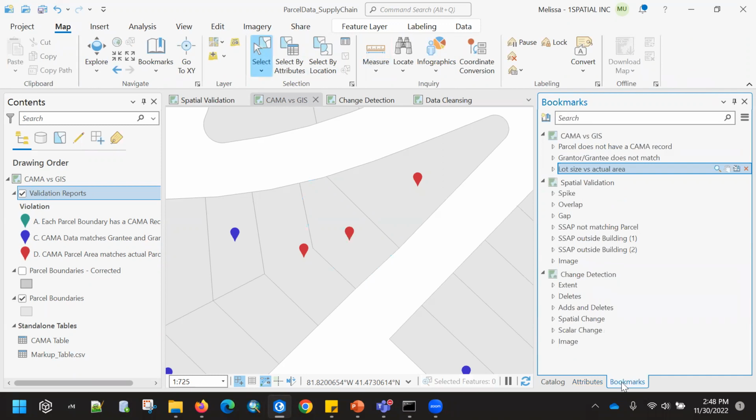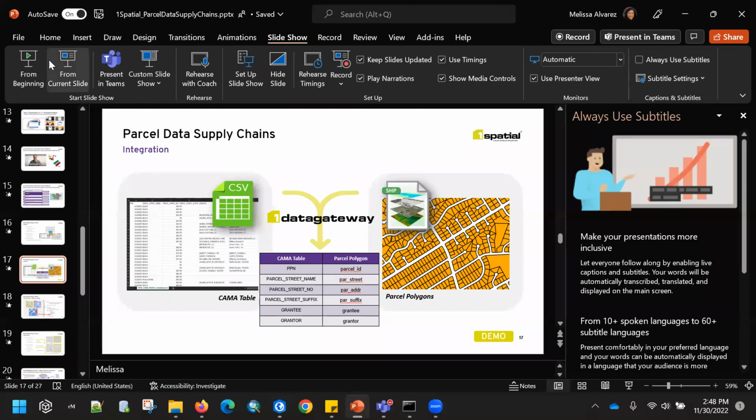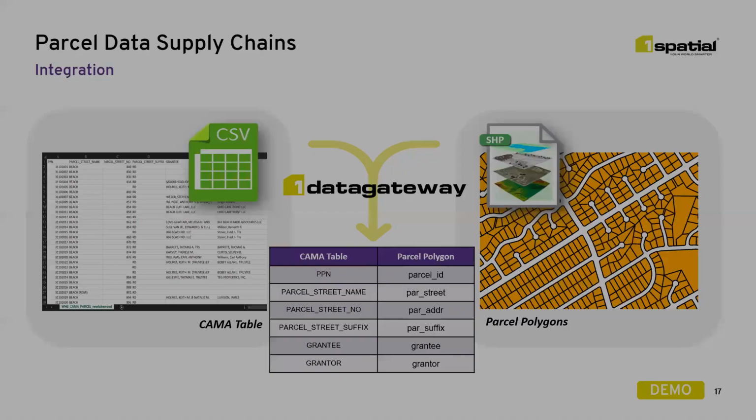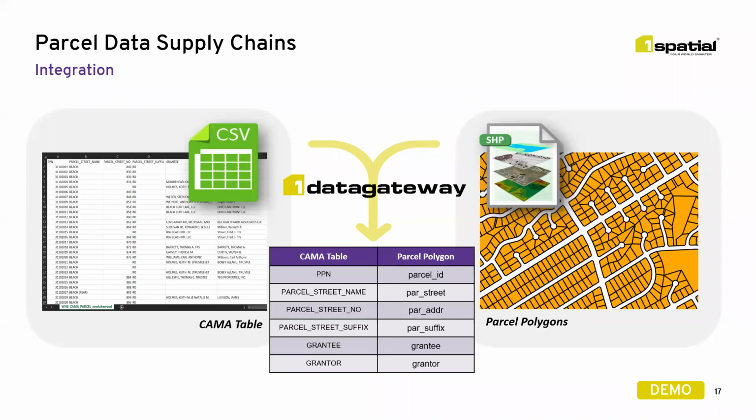All right, so I'm going to go ahead and go back to our slide deck here. And Melissa, I'm going to point out the criticality of that because, yes, if it really is the larger number and you've got it listed as the smaller number, the tax dollars are being lost. Exactly. And the vice versa of that is that tax dollars are being overcharged, which is no fun for anybody. Exactly. It really messes up the assessment, which is the key, and really the reason why we have this information in the tax assessor's office, right?